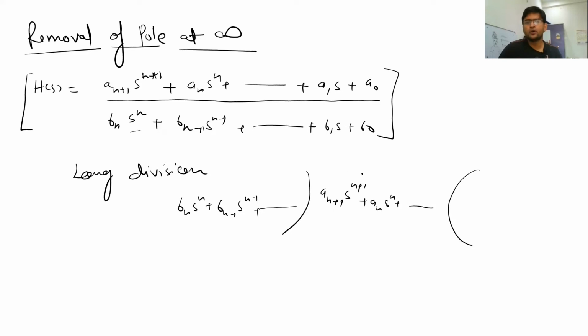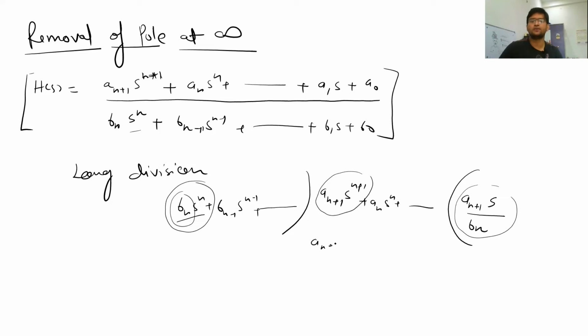If you want to get the first term, what will you have to multiply with? This term is going to multiply with some term so that you get this term. So obviously there will be one s, and then obviously there will be a(n+1). And since there is a term b(n) divided here, you have to divide it by b(n). So if you multiply this first term with this term, you are going to get this term. So you will get a(n+1) s^(n+1) plus